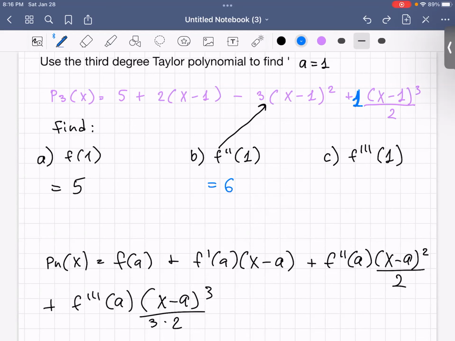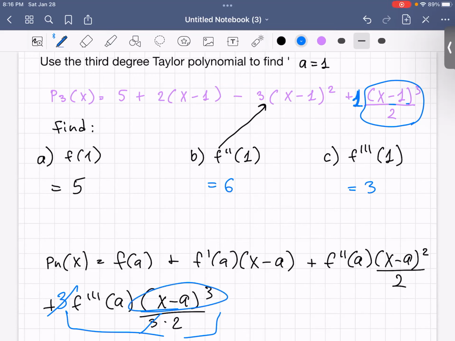Because here we didn't have any denominator, but here we have a 2 in the denominator, so that would give us 3. So why would that give us 3? Well, if you look here, say now we have 1 here, but if we had 3 here, 3 and 3 would cancel, and we would have the same situation here, right? x minus 1 over 2, which is here, x minus a over